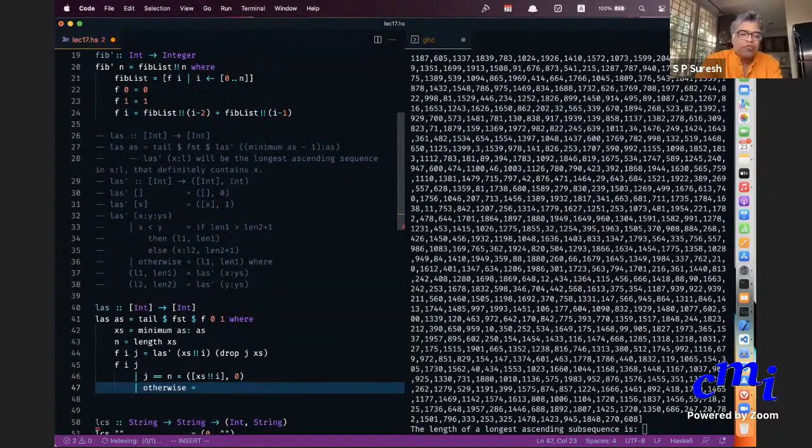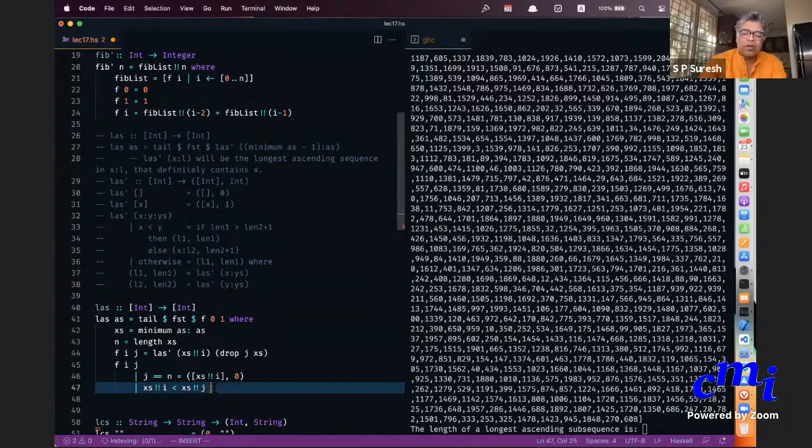You will see that in the otherwise case, j not equal to n, I should check whether xs i is less than xs j. If xs at position i is less than xs at position j, that is corresponding to this check, then I'll do the recursive calls.